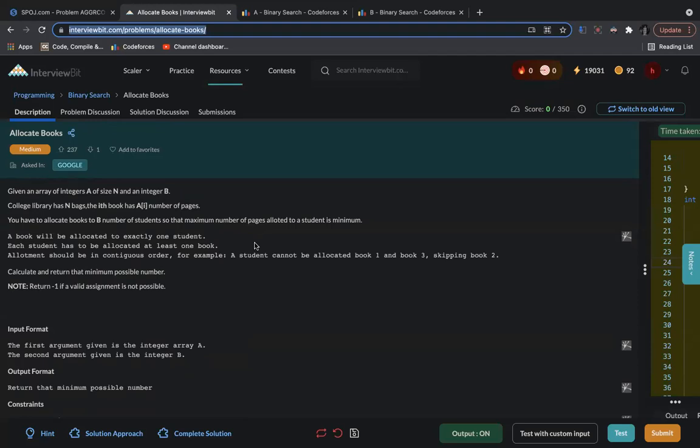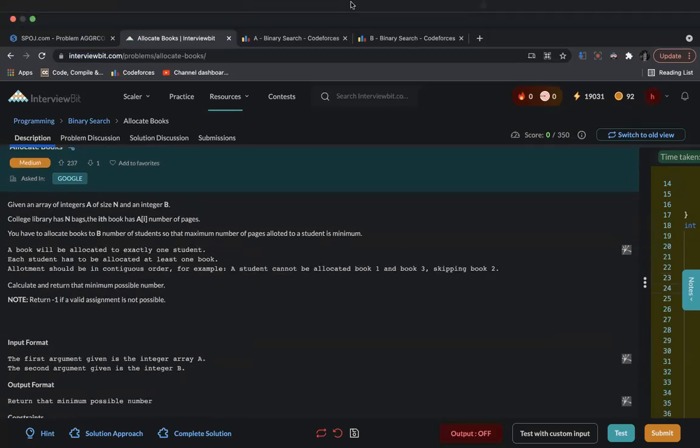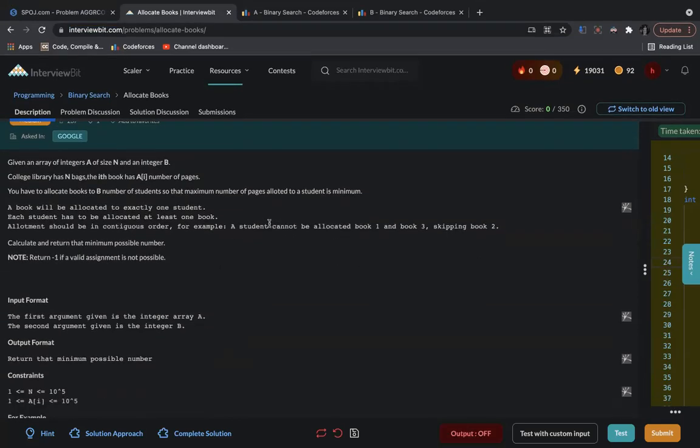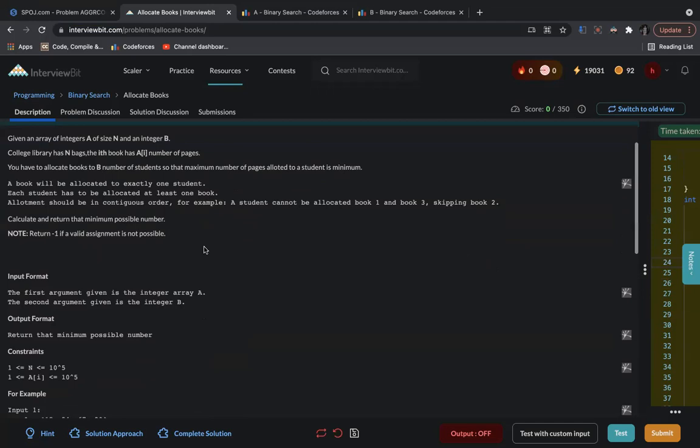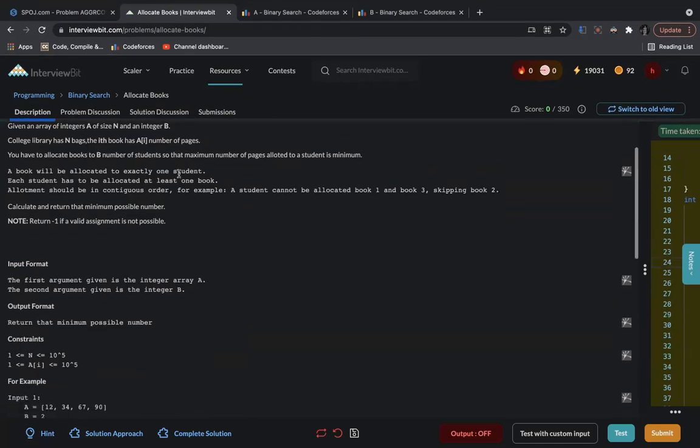Again, this is the most difficult problem that I have ever solved of binary search. So if you are able to actually understand this problem, then you can safely say that you will be able to solve any other problem requiring the concept of binary searching for the answer. And also there is a very high probability that this problem is going to be asked in an interview. So it is also good with that perspective. So yeah, let's jump into it.